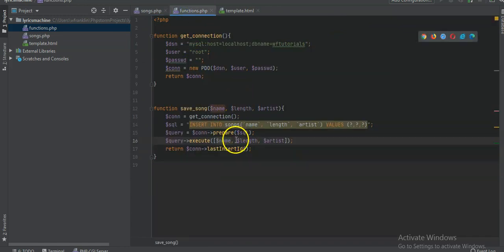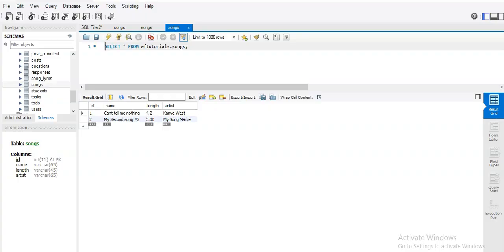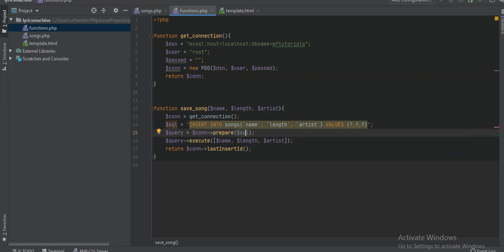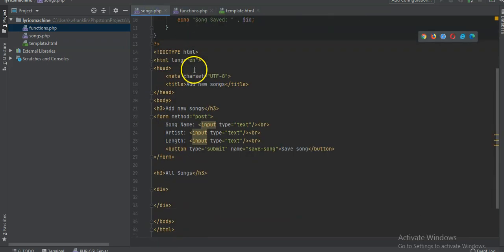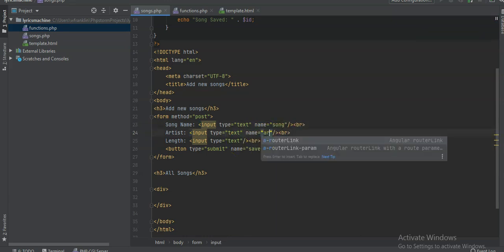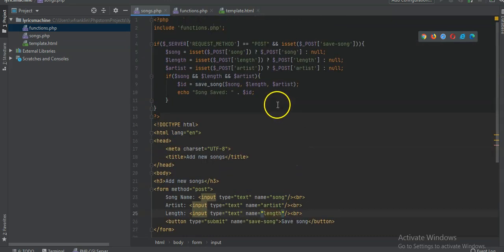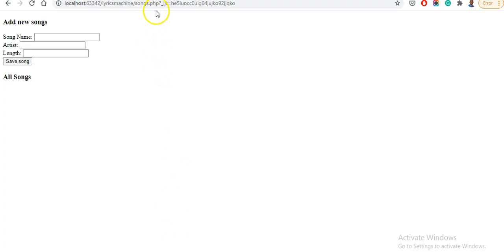Let's try the SQL. Insert into songs. Yeah, so everything seems good here. The only thing we're not adding is we didn't put the names. So we have name is song, name is artist, name is length, LENGTH. I wonder why it's not catching my errors. I'm gonna have to look into that. Anyway,